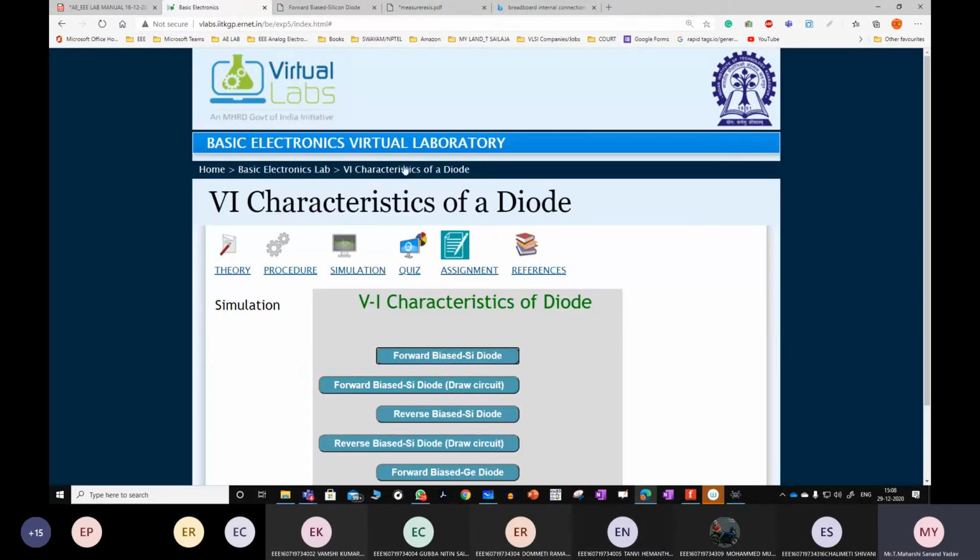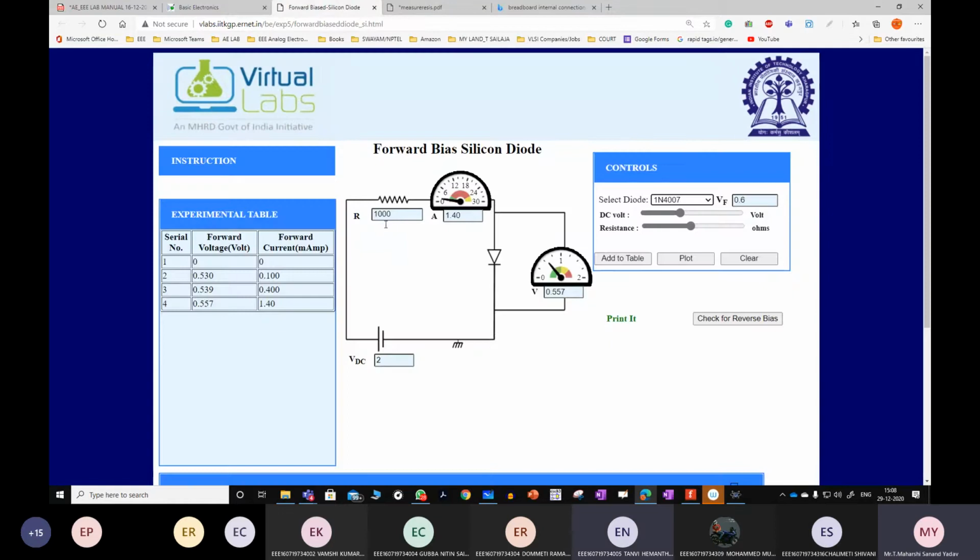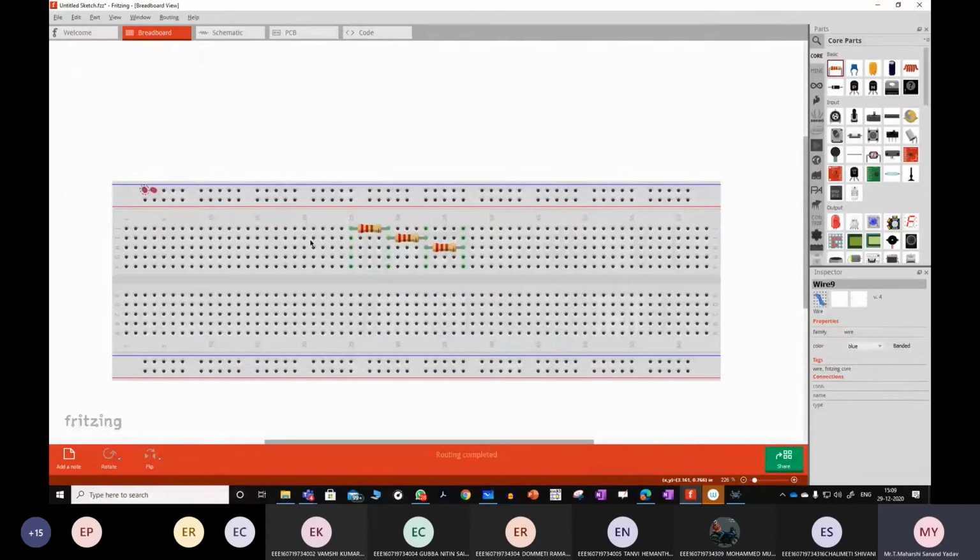Yes, in the labs also we have all these types of diodes. But you need to place all these components on a breadboard, then analyze. Here, as we are going online, that's why I'm going with this virtual lab, online simulation tools. But in our college, you need to place all those components on the breadboard like this.